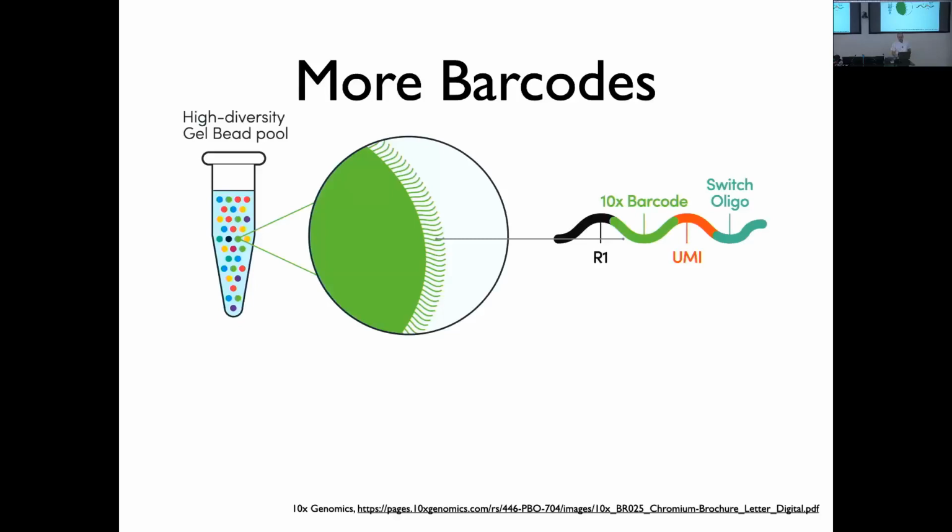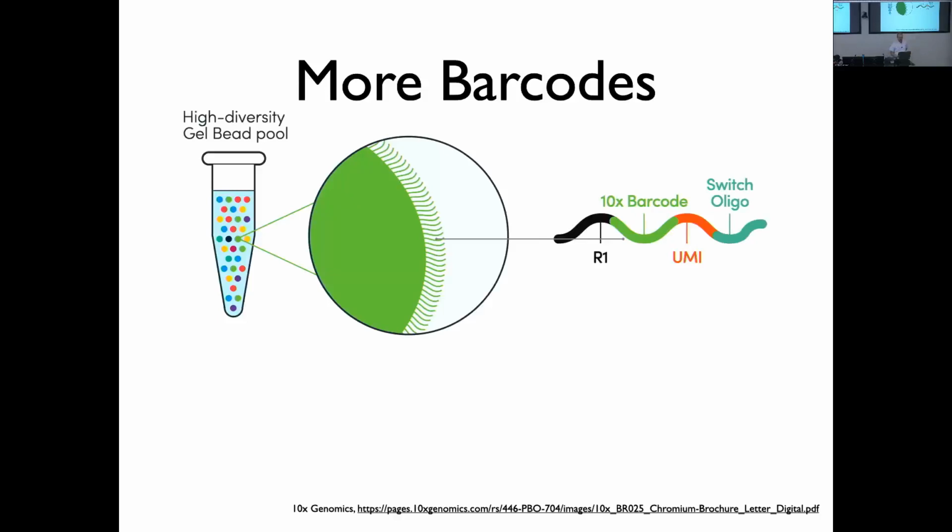Then next is what's called the UMI, and UMIs aren't unique to single cell RNA sequencing at all. UMI is short for unique molecular identifier. This is another barcode that's essentially random. Actually, I'm going to come back to that in a second. And then here is the part of the oligo that's actually responsible for being ligated on, or being used to prime